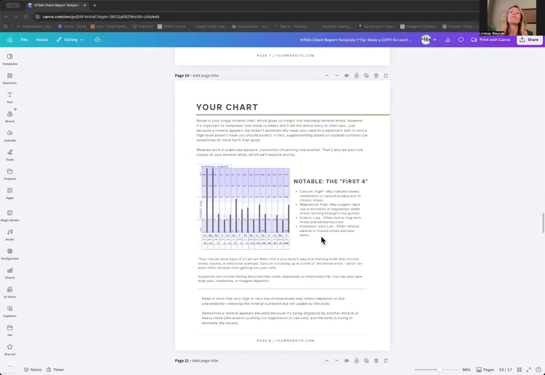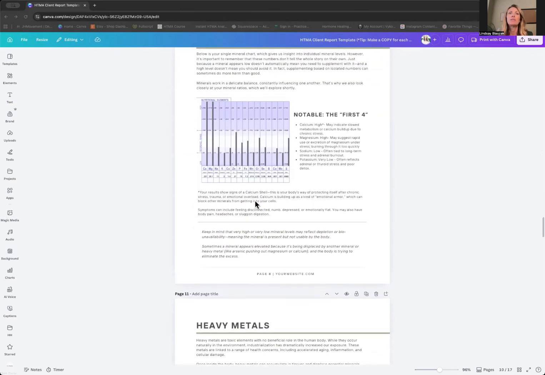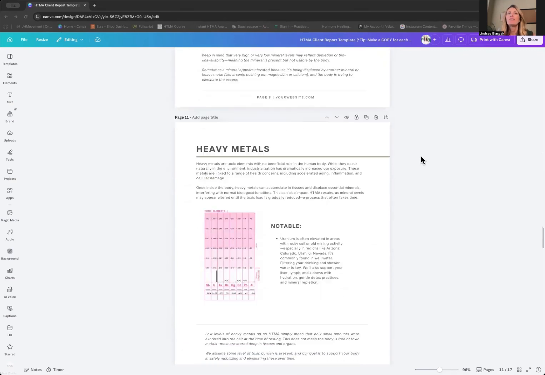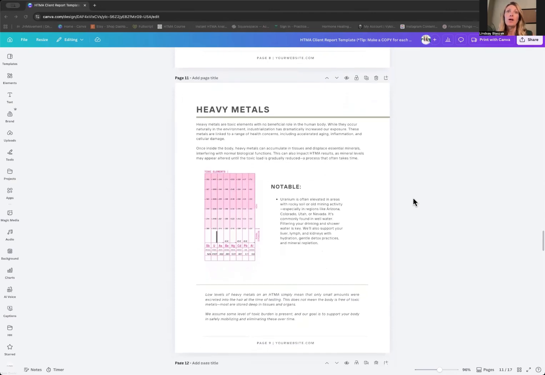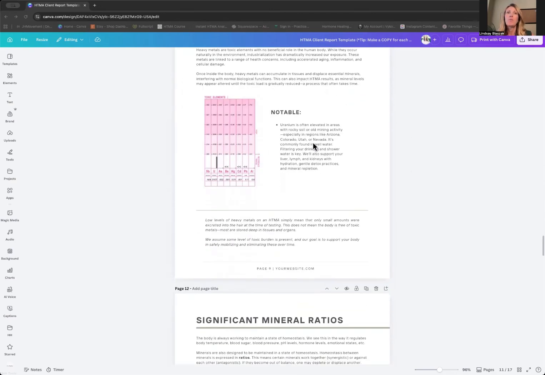It's enough to just give them some understanding of what this is related to and how they're feeling. And then, of course, if you're going over it with them in person, you could go into more detail on each of these. And I always just like space again to personalize it more. So this person had a calcium shell, so I noted that here. So I would just kind of do that for each relevant section on their report, moving through heavy metals the same way, noting ones that I wanted to make a point to discuss,